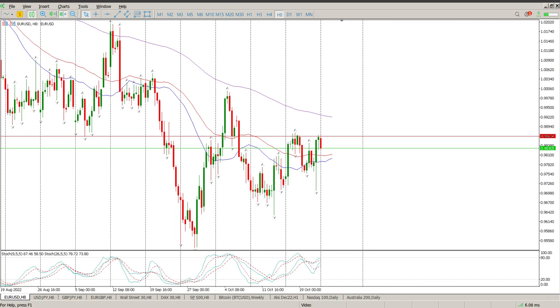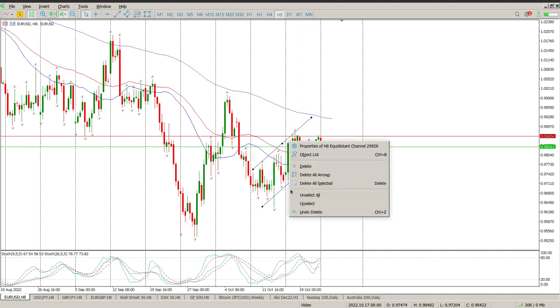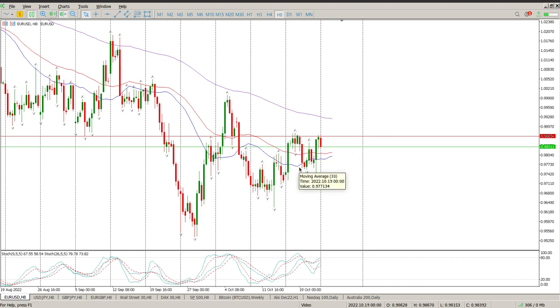So starting off with Euro USD as usual, and we did have a channel that we were paying attention to, which was this one here. But as you can see, we broke to the downside and then immediately came back into that channel. So we're going to delete that for now because I don't think it's got any relevance to what's happening at the moment. And then what we're going to do is draw